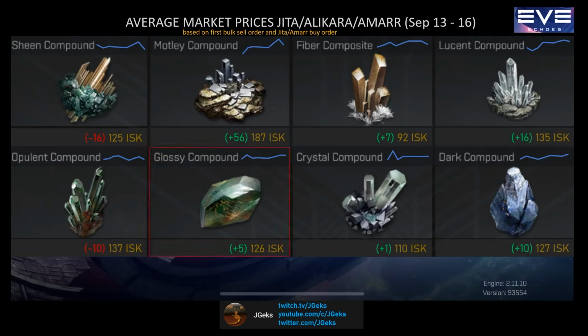Glossy compounds are averaging at 126 ISK, and are a requirement for all battlecruiser blueprints, so these should see an increase in price as soon as Tier 7 unlocks. Crystal and dark compounds aren't used in ship crafting until Tier 8, so expect these compounds to stay undervalued until we reach closer to Tier 8. However, they are currently used in crafting cloaking and covert ops modules,